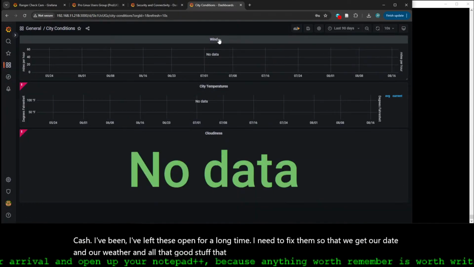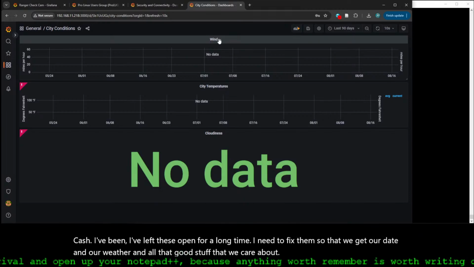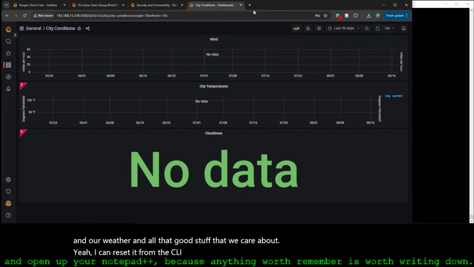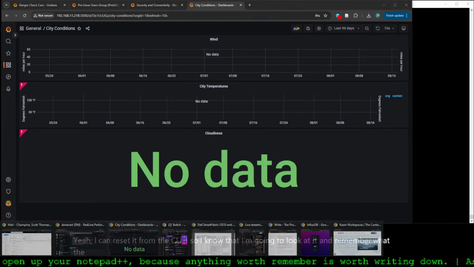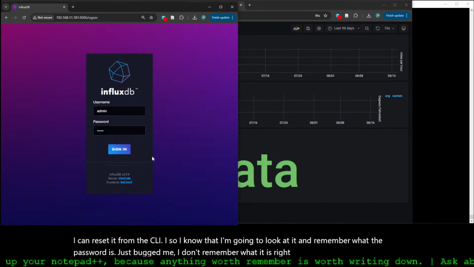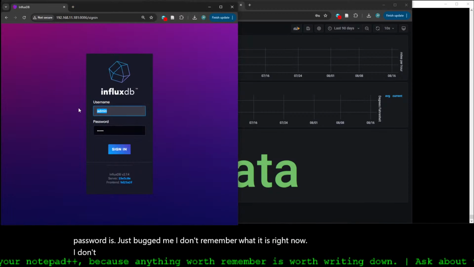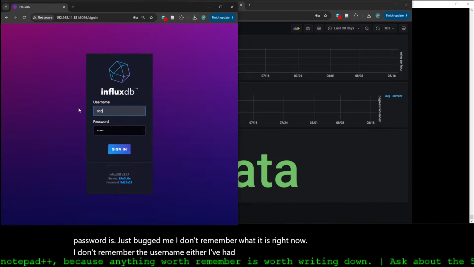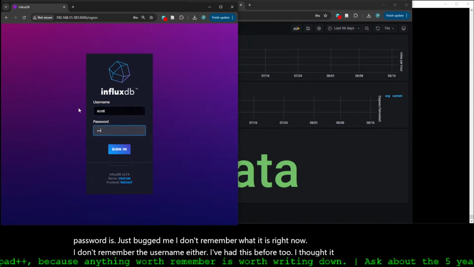Yeah, I can reset it from the CLI. I know that I'm going to look at it and remember what the password is. It just bugs me that I don't remember what it is right now. I don't remember the username either. I've had this before too. I thought it was Scott, and